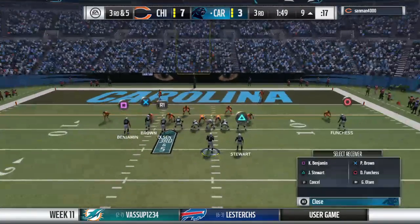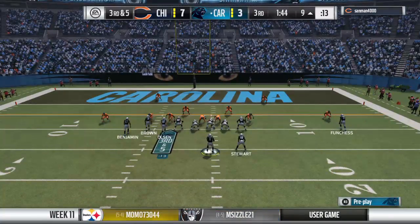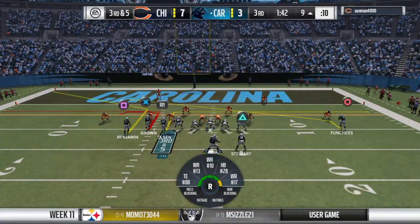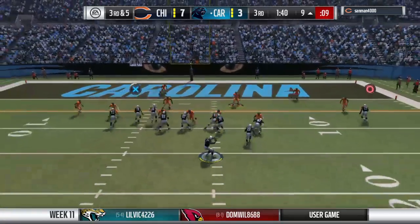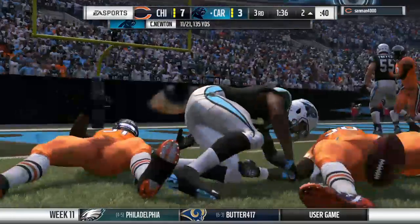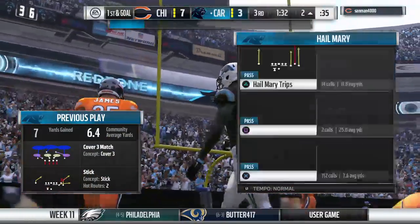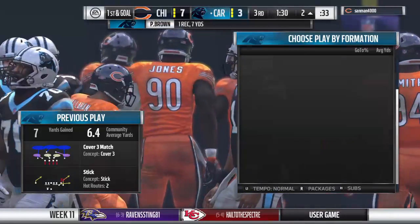Third and 5, so they bring in an extra defensive back. Expecting pass. From the gun on 3rd down, Newton. He gets it to Brown, complete. 7 yards on the pickup there, and now they've got it 1st and goal. And fits the exact right